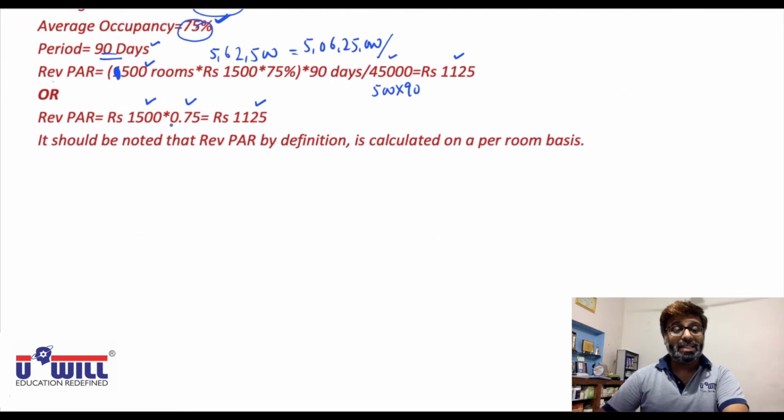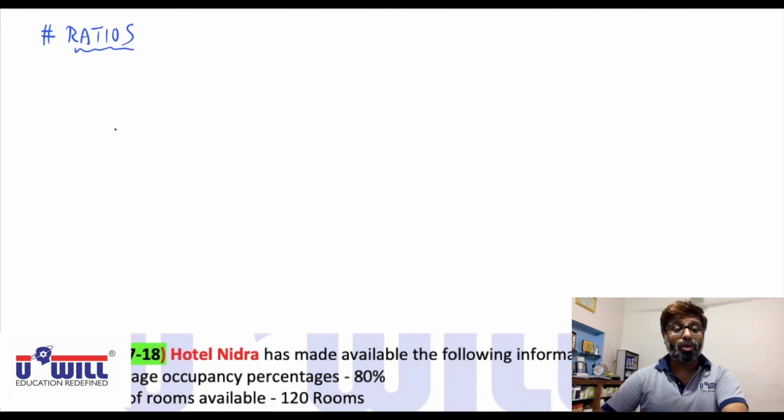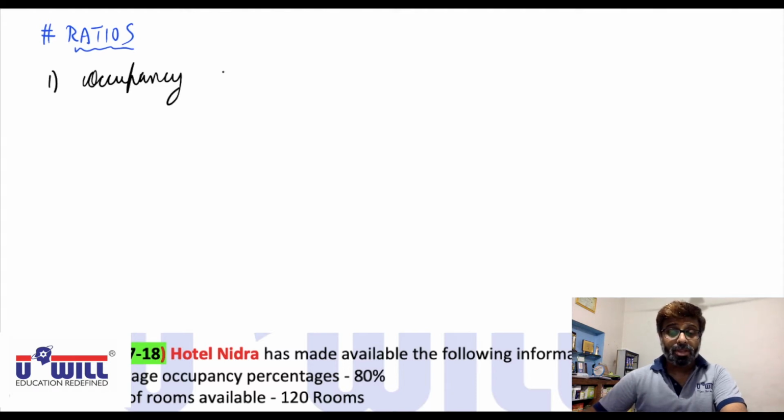Let us write these formulas in the notebook. All of you write down the ratios formulas in the notebook. Okay. As I said, important ratios will note down. So first one, write down. Occupancy percentage is important, that is generally asked in exams. So write down occupancy percentage is equal to